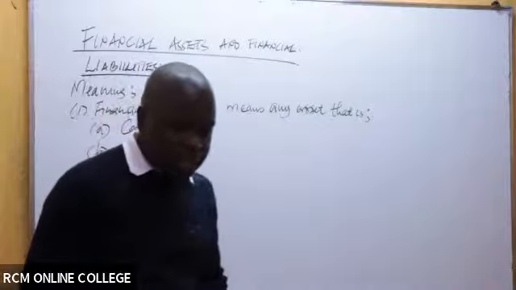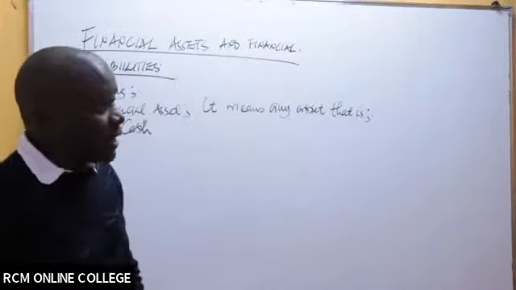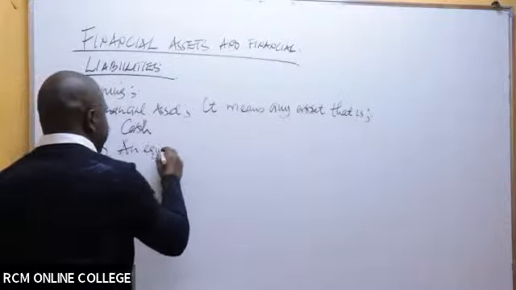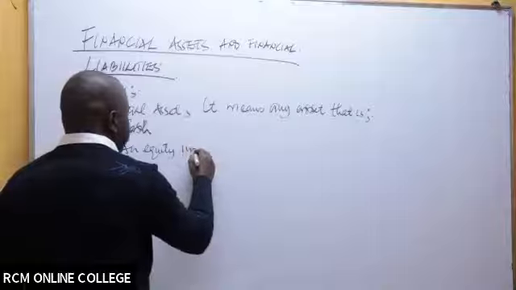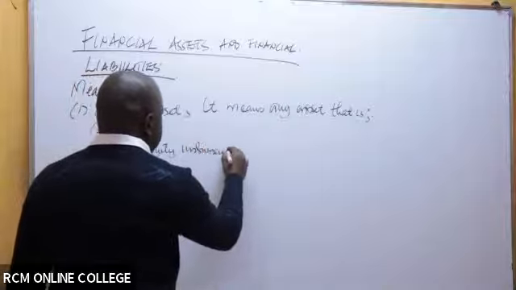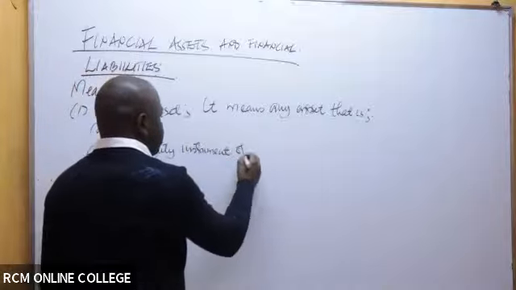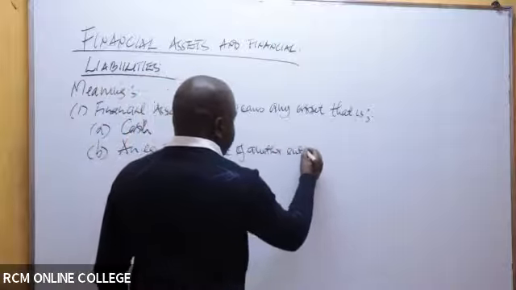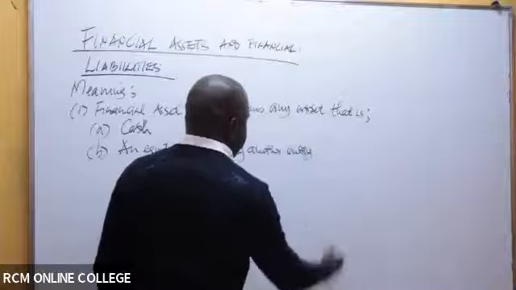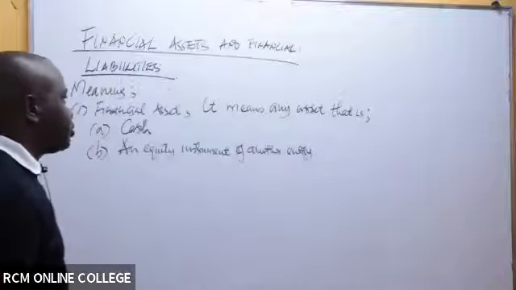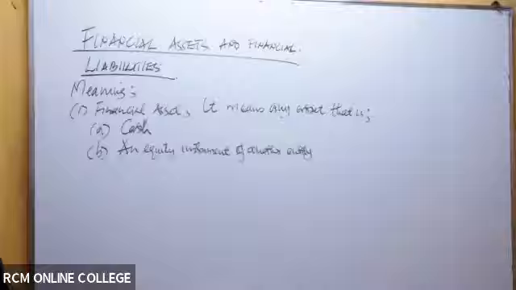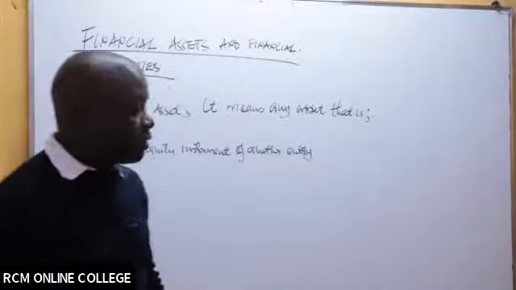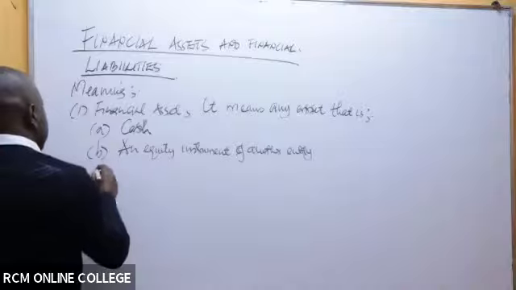Then number B, an equity instrument of another entity, like shares. That's what we mean by that. An equity instrument of another entity, or in this case, C,